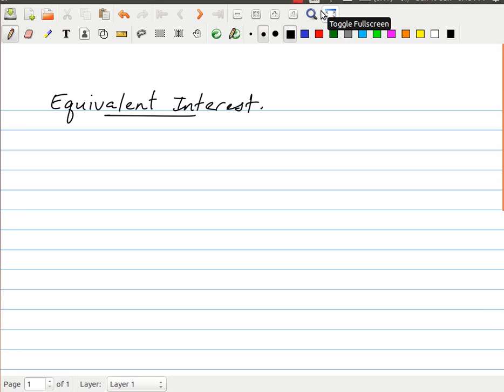So, in our discussions about financial mathematics, there have been some difficulties that people have run into with this idea of equivalent interest. So, I'm going to talk through starting with very simple concepts and then building up to the most difficult version. So, let's start off with the simplest situation, which is let's say we have the bank is offering